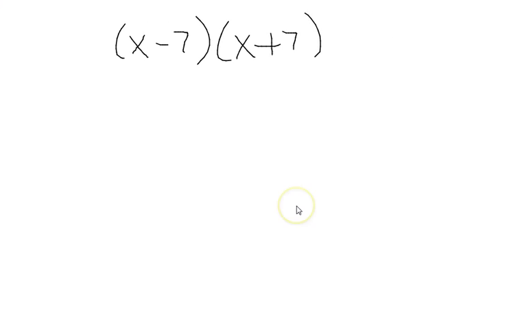Okay, let's look at what we call the difference of squares. When I do FOIL on this problem,